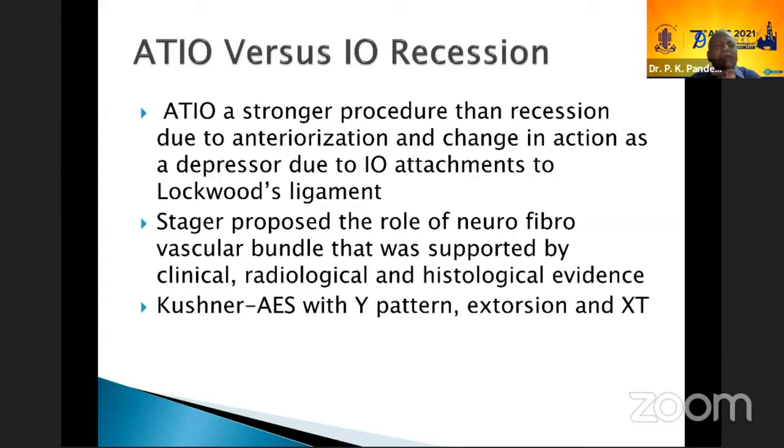Now, this was more common if the insertion was broad and it was more than 1 millimeter anterior to the IR insertion. So it is important not to do too much anteriorization ahead of the IR insertion. In those cases which were attached more than 1 millimeter anterior to the IR insertion, it was more common. And this was presenting as a pseudo inferior oblique overaction in the other eye because of the anti-elevation effect in the side gaze of this eye, the other eye inferior oblique was overacting because of Hering's law. So that was seen as pseudo overaction of the inferior oblique of the other eye.